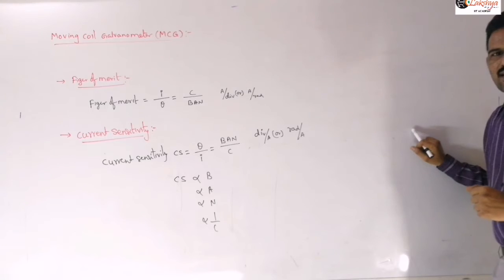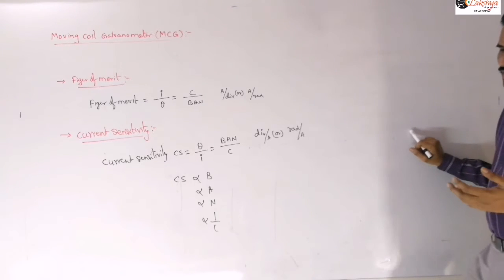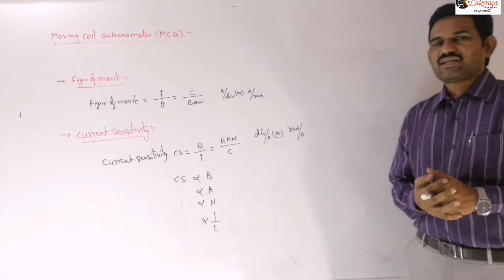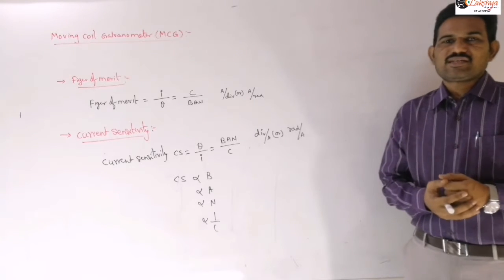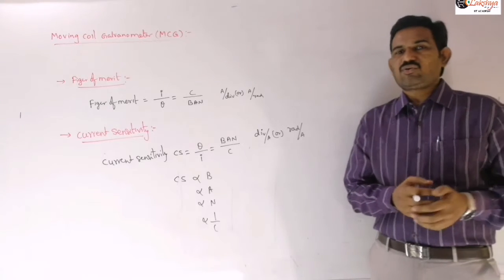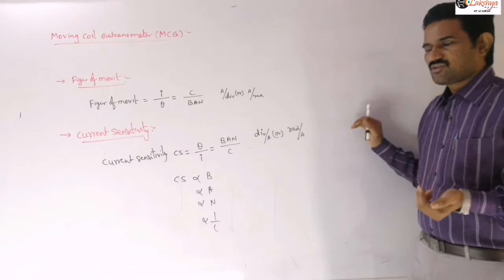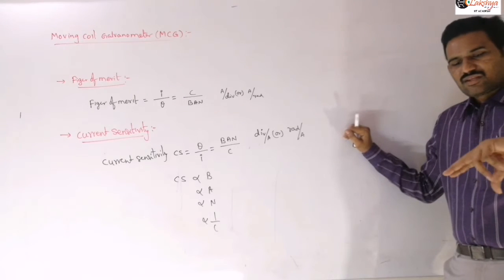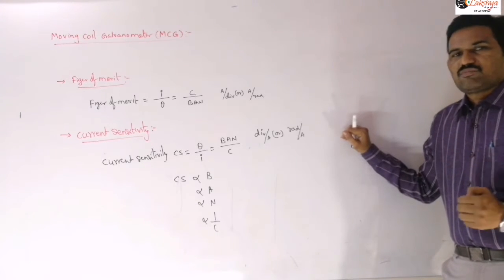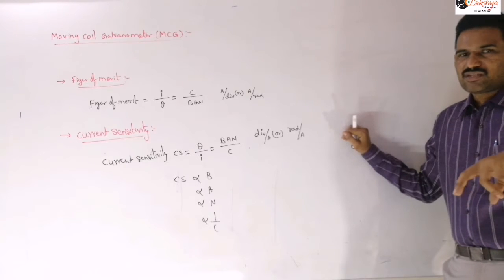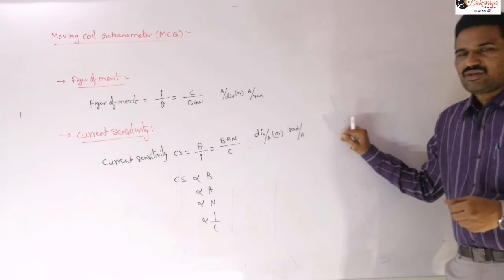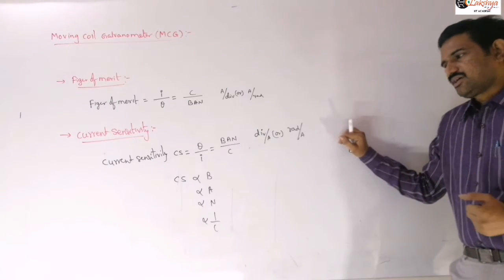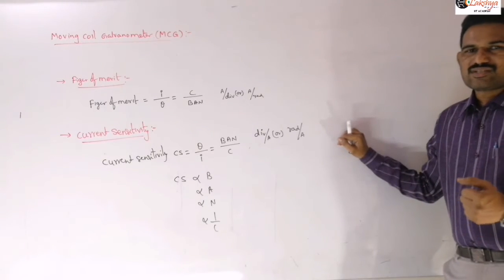And next, if you want to increase the area of the coil, then generally the disadvantage is the size of the operators will increase, and at the same time by increasing this area of the coil, the moment of inertia of the coil also will increase. So the moment of inertia will also play an important role. Do you know the moment of inertia? Whether the object can rotate freely or not depends on the moment of inertia. If it is having high moment of inertia, then it is difficult to rotate that object, right? So the moment of inertia of the coil will increase, and the size of the operators also will increase, which is not desired for us.